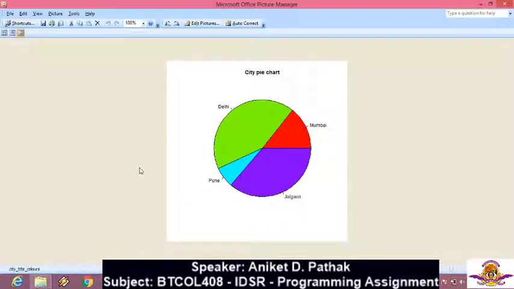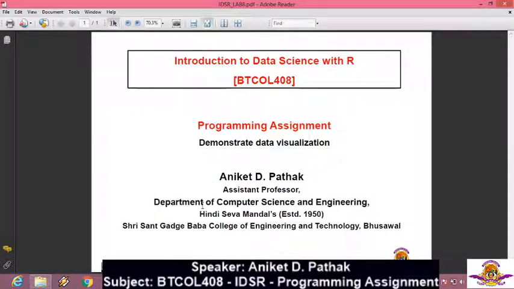So not just for analysis, but the same thing you can do, that is you can put your data presentations in the form of different types of charts. That is again useful for analytics. That is an important part of our data science. So R programming by default gives you these tools that help you plot different types of graphs with different variations, and that's it in this programming assignment.